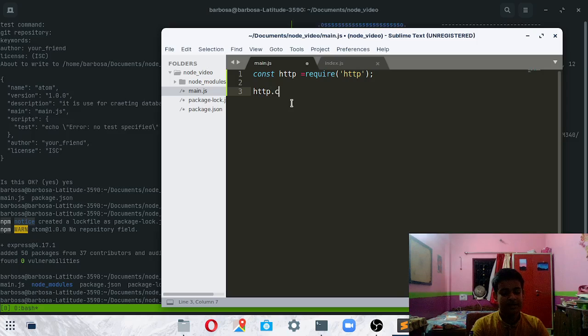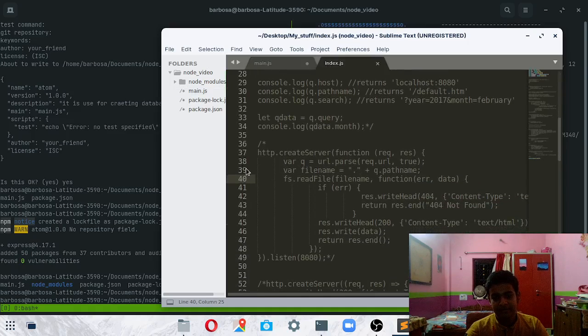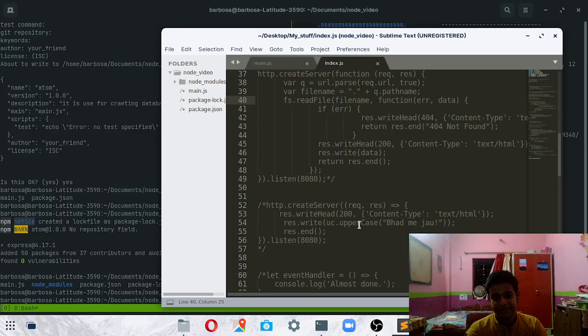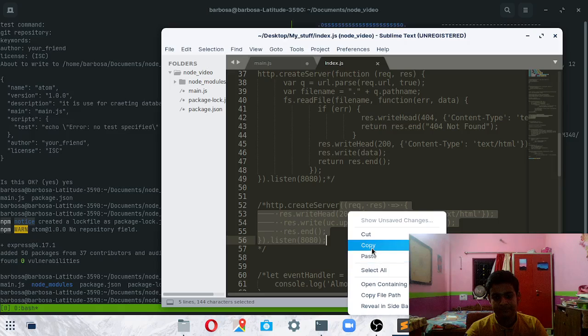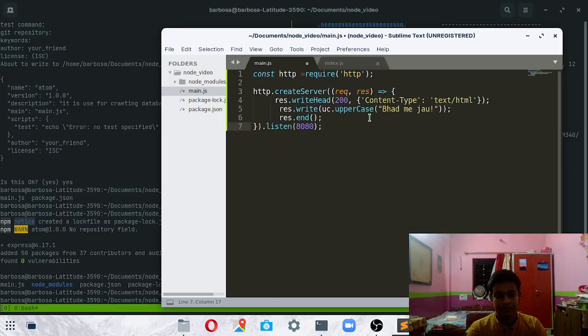Just type this, createServer, and you can reference my cheat sheet here, just give these commands here and hit here, and it is listening to this port over here.